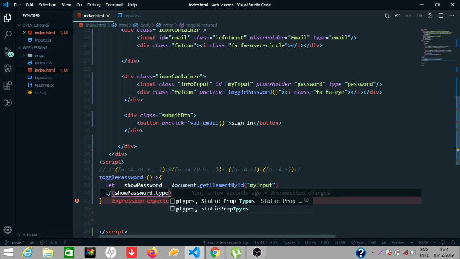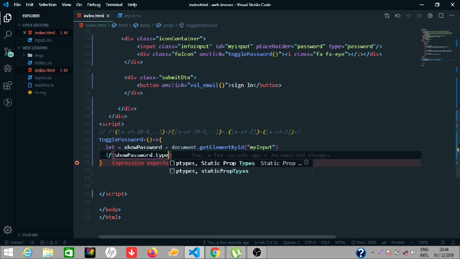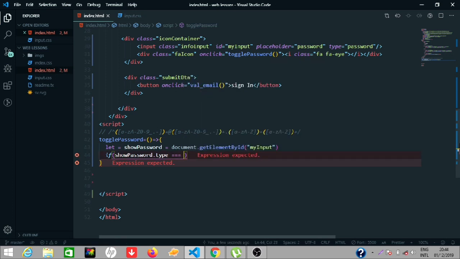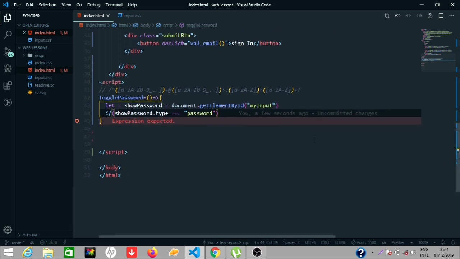So right now we want to check if the password is actually a password of a type of password. So we do it by using this expression, if it's identical or equals to password. So password, better not mess up the spelling here, so avoid bugs, because I'm not ready to debug right now. Yeah, I'm already doing that. Just set myself, I don't want to mess it up. Okay, perfect. So right now if it is checked as true,